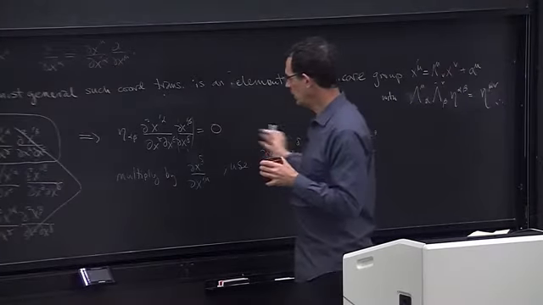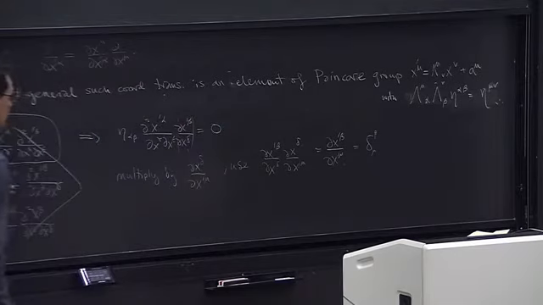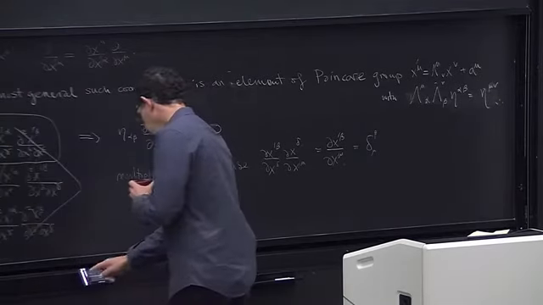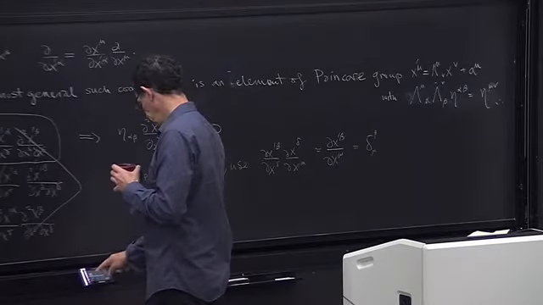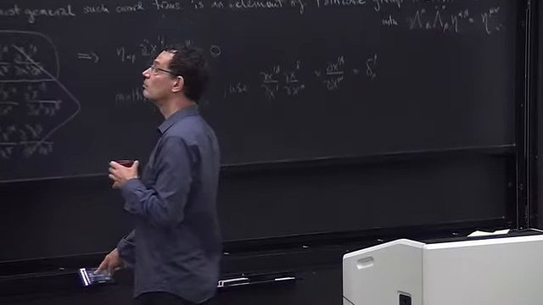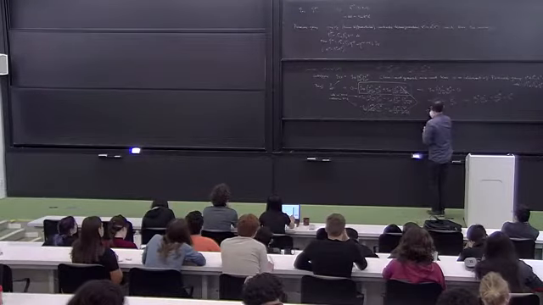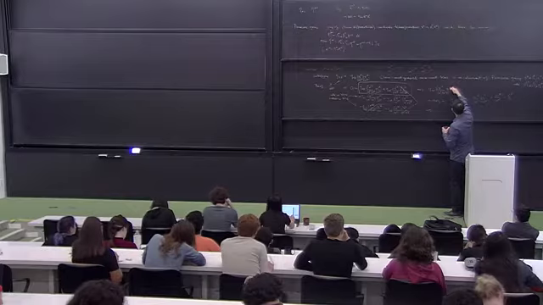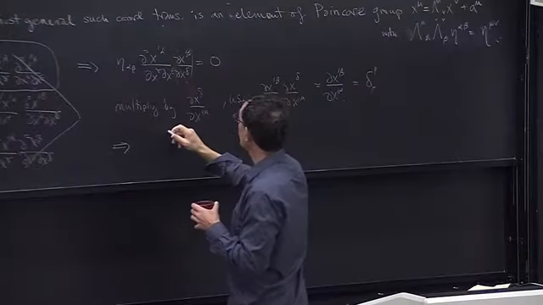Okay, so we can just get rid of that term by multiplying with the inverse Jacobian. Let me just raise these. Okay, and so when I do that, I'm going to change this into a delta beta mu, and